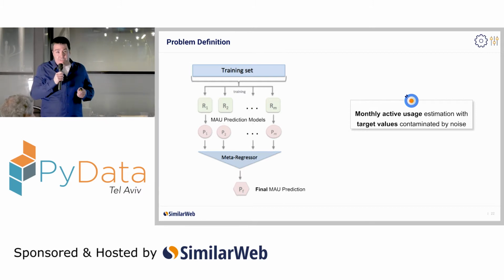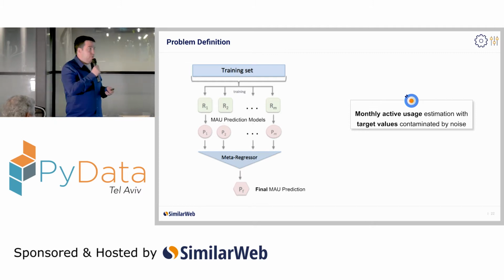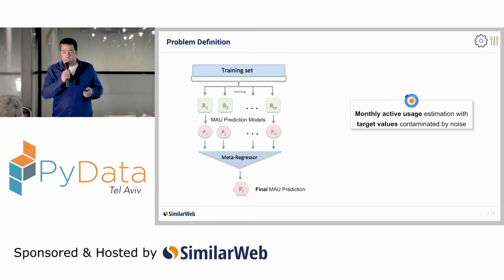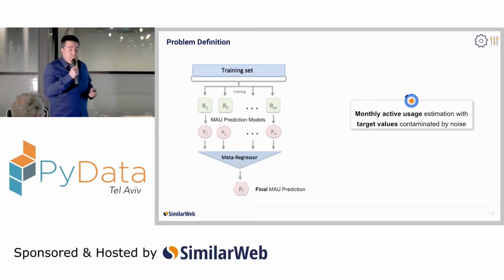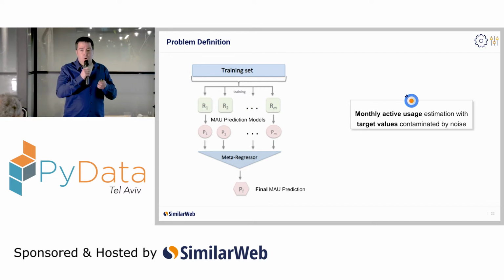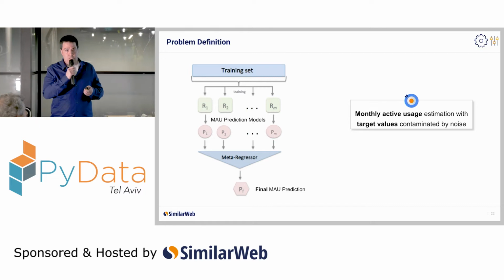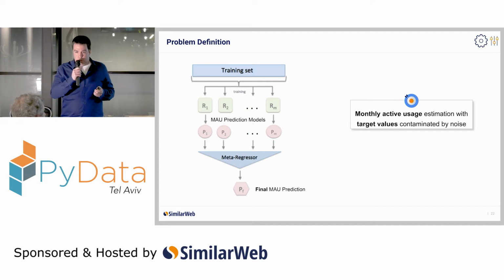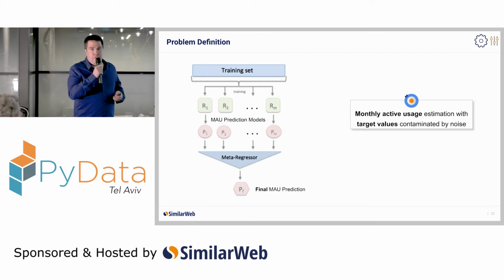One of them is that our learning set contains target value noise. In order to handle this, I decided to use an ensemble regression model in which the initial estimations are based on different regressors that estimate the monthly active usage from my data. The estimations of these regressors serve as features for the ensemble method, thus combining all the estimations into one predictive model. In order to handle the presence of target value noise in the data, I decided to use methodologies from two approaches: a loss function which is suited for target value noise, and a filtering method.